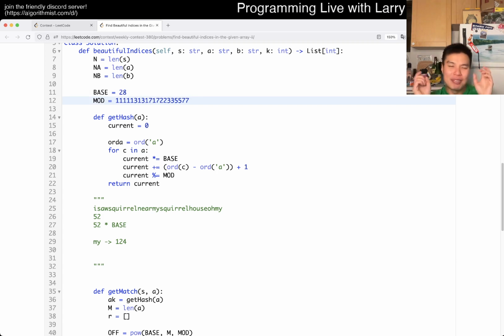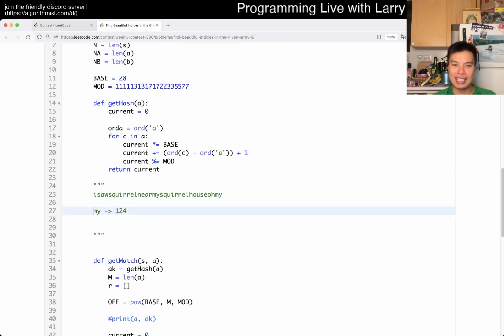That means that you're only effectively comparing 10 digits, but basically you're trading some probability of false positives for a really fast algo, right? But you times it by base. Basically, it's a shift and add thing, and you kind of see it here, right? You shift, you add, you mod, and then you keep on doing it on the hash key. But then on here, in a way, it is a sliding window, right? The core idea behind the rolling hash, for me anyway, to understand it, is sliding window.